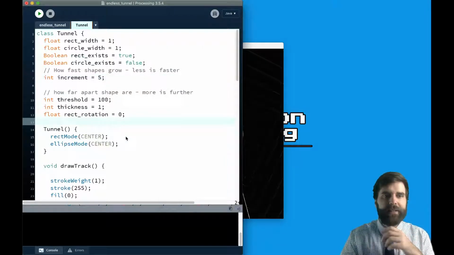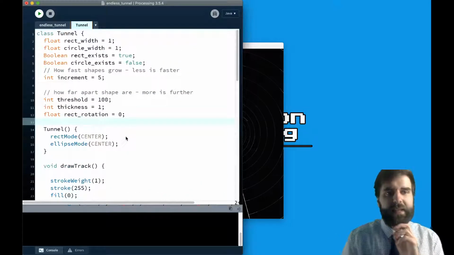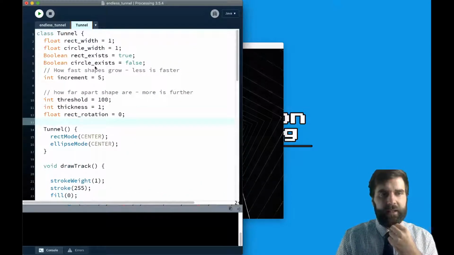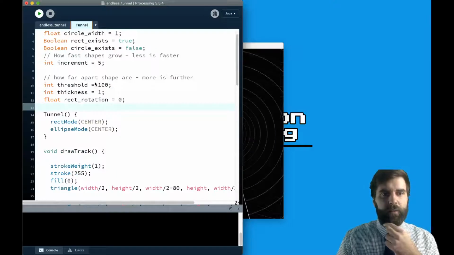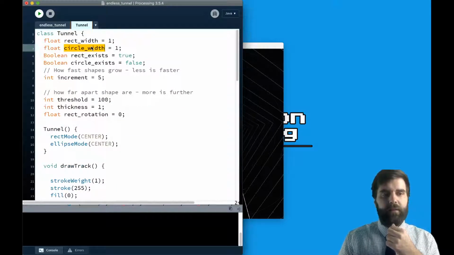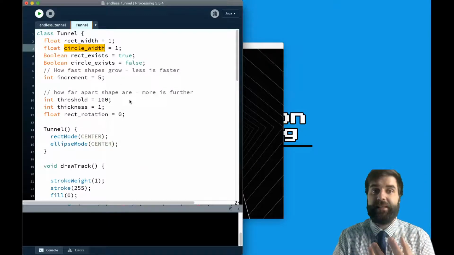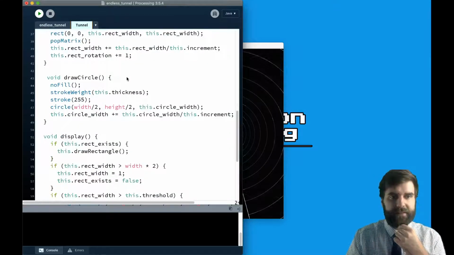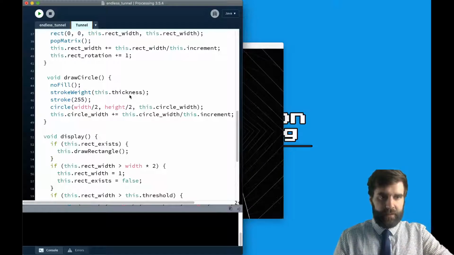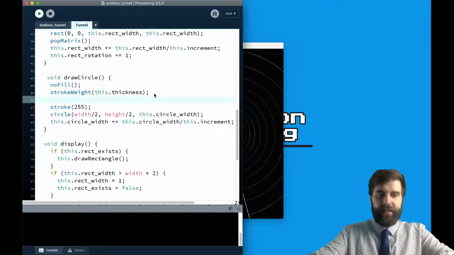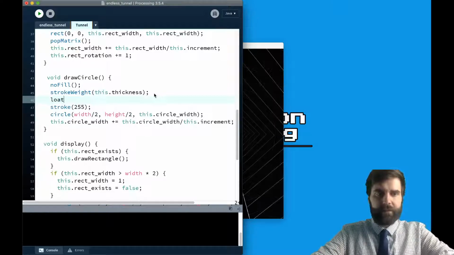Yeah, let's just put in a little bit of visual effects as well. So let's say that their colour will be related to how big they are. So the bigger they are, the brighter their colour will be. So I'm going to say that my stroke is 255, so I'm going to say float,